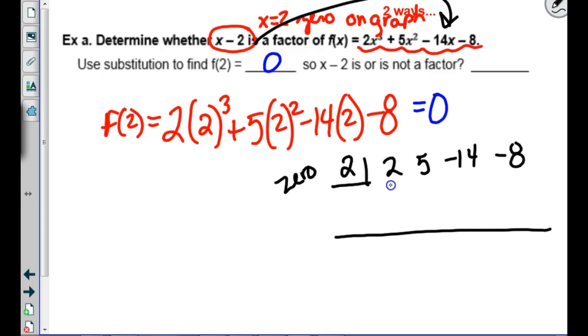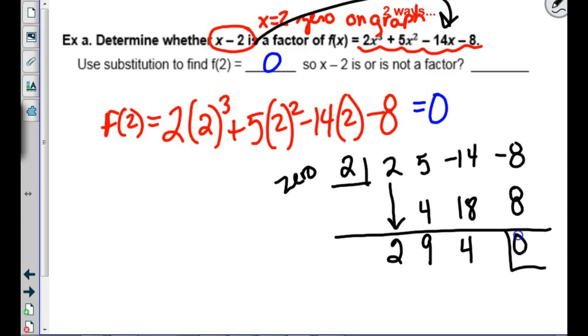Okay. I bring down the first coefficient, the lead coefficient here. Then it's multiply, add straight down. 2 times 9 is 18. Add straight down. Multiply 2 times 4 is 8. Add straight down is 0. Now,